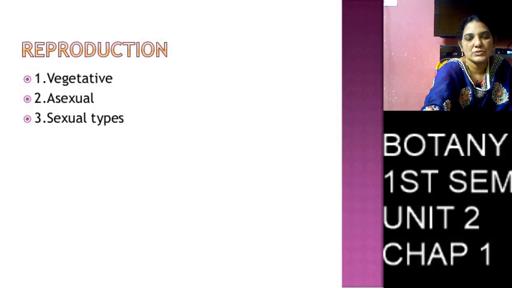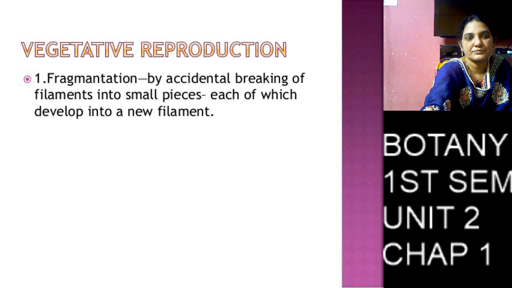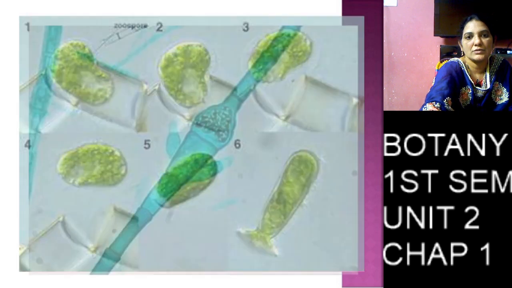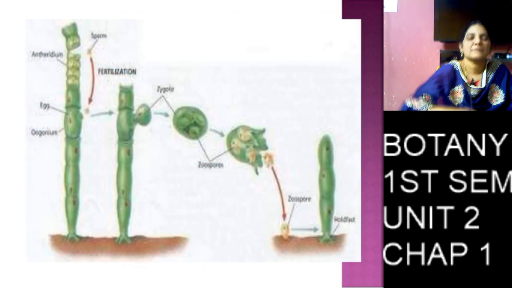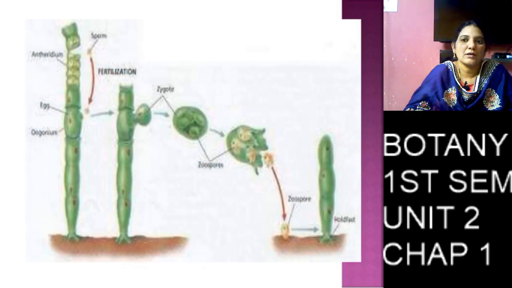Sexual reproduction. The male sex organ is called the antheridium, and the female sex organ is called the oogonium. At the time of sexual reproduction, the thallus produces an antheridial mother cell, which divides into many cells, and each cell divides into androspores. The androspore is similar to a zoospore, but smaller in size.